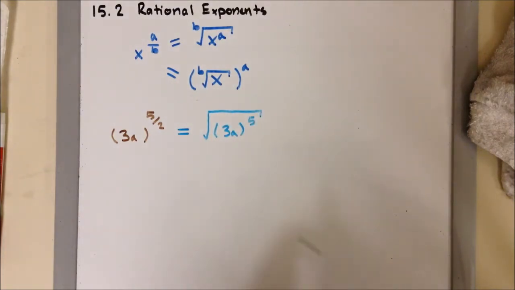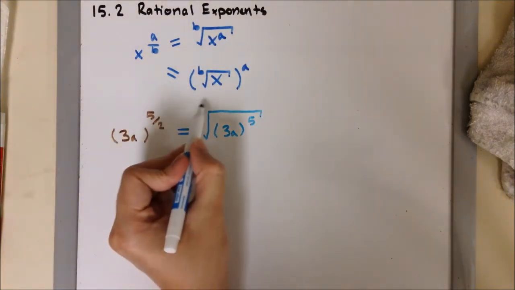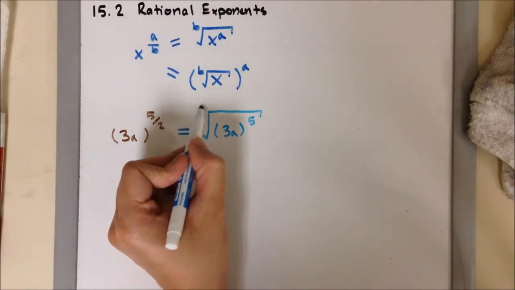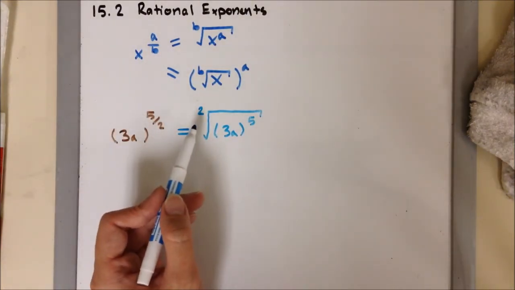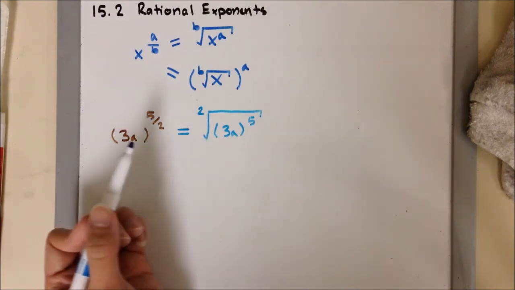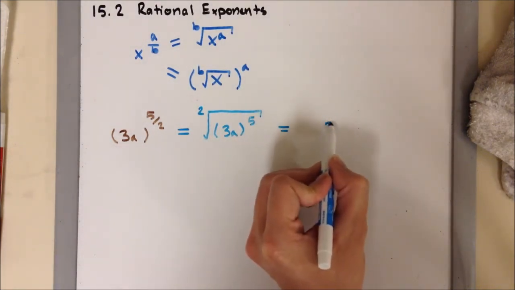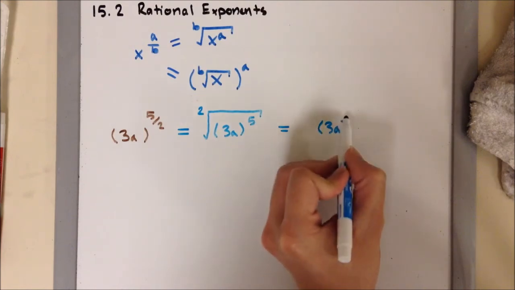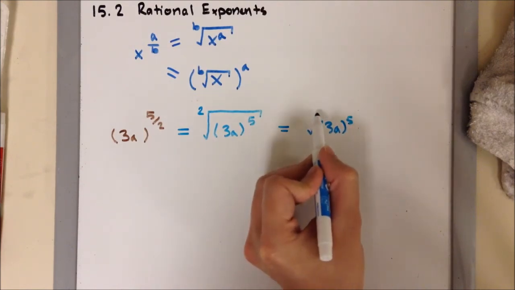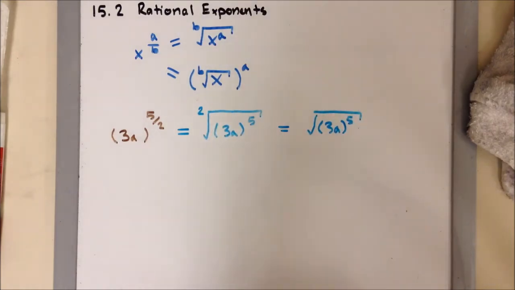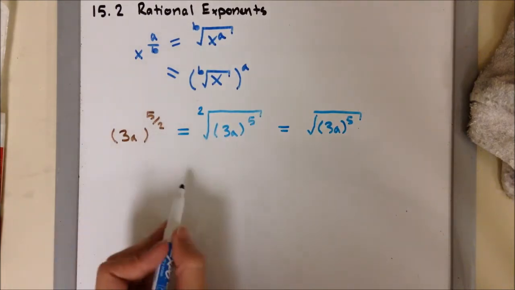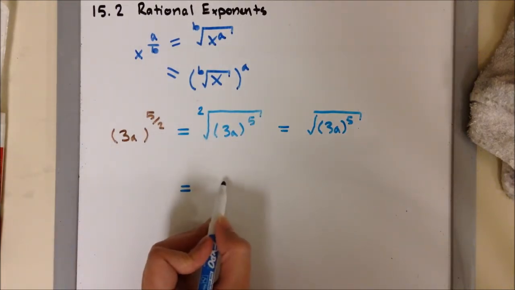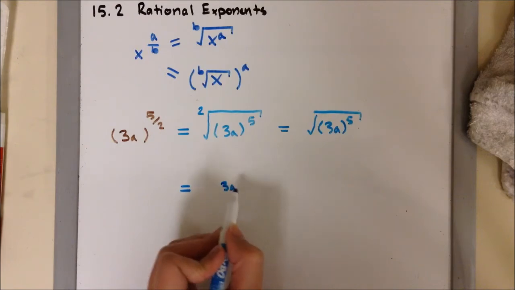Now, you can leave it like that because, again, a square root doesn't really require the visible 2, but if you do write it, that's okay. Points won't be taken off. You're just stating that this is the second root or the square root. Again, this is the same as if you were to write it as 3a to the power of 5 inside the square root. Again, the one on the left is with the visible 2, the one on the right is the invisible 2. Now the second form would be the square root of 3a,